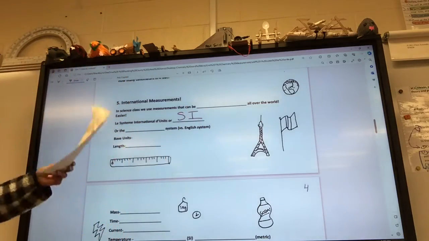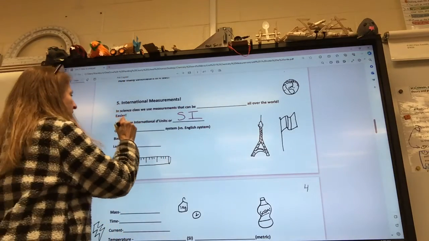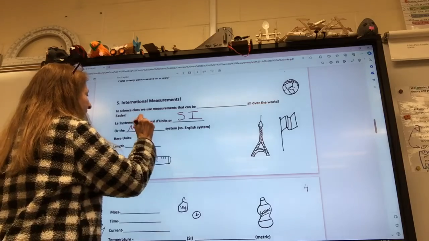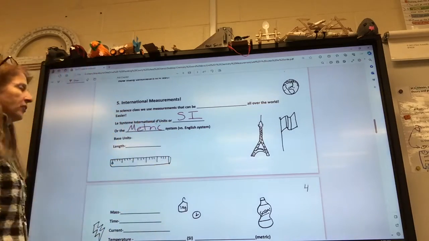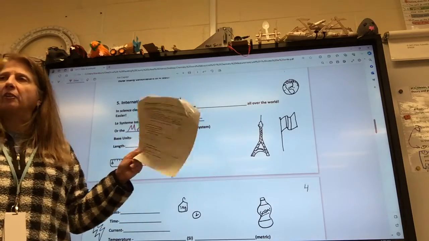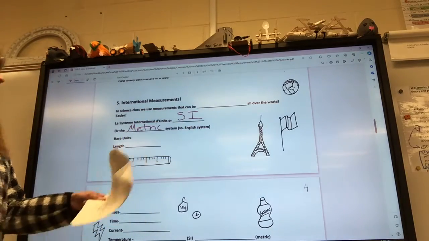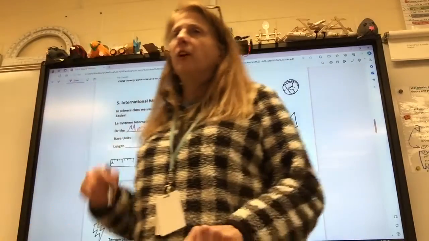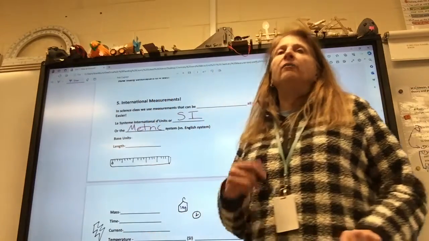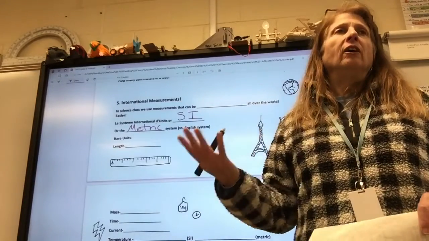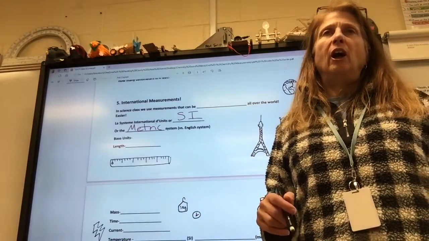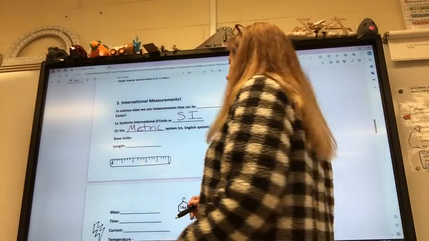Yay. Okay, so we call it SI, or sometimes we just call it the metric system. It's not exactly right. It's very close to the metric system, but it's close enough. We'll call it the metric system. And the other measurement system you're familiar with is the English system. So feet, pounds, Fahrenheit degrees are all English. Meters, grams, kilometers are all metric or SI.